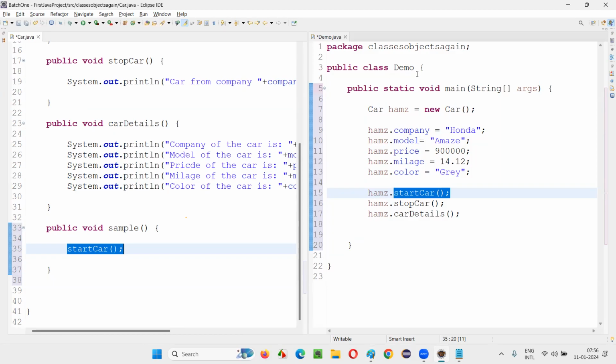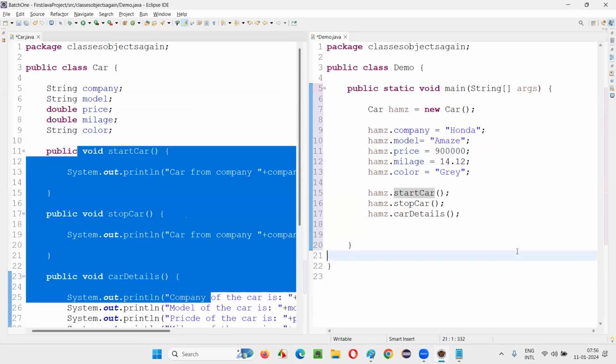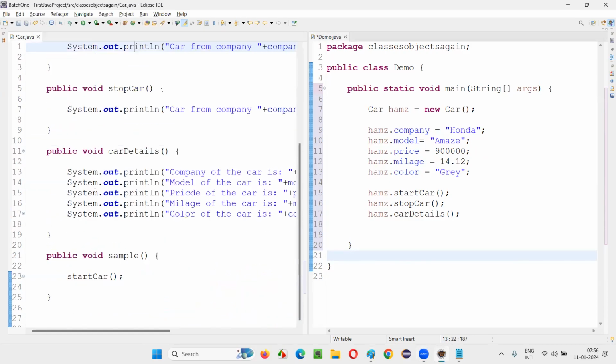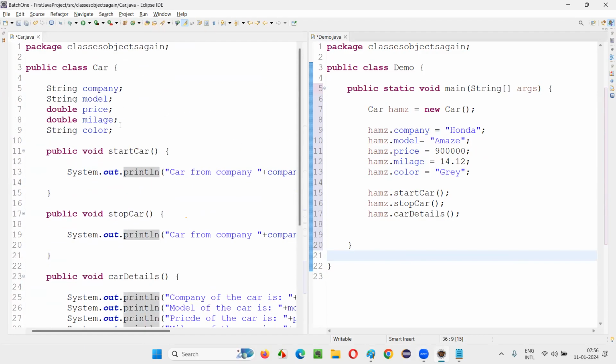No. Object reference is only required when you are trying to call these methods from a different class. Able to understand method calling from a different class? You need to create an object for the class in which the methods are there, and using the object reference of that particular class, we have to call the methods. But if you try to call the methods from the same class, do you need to create an object for the class?